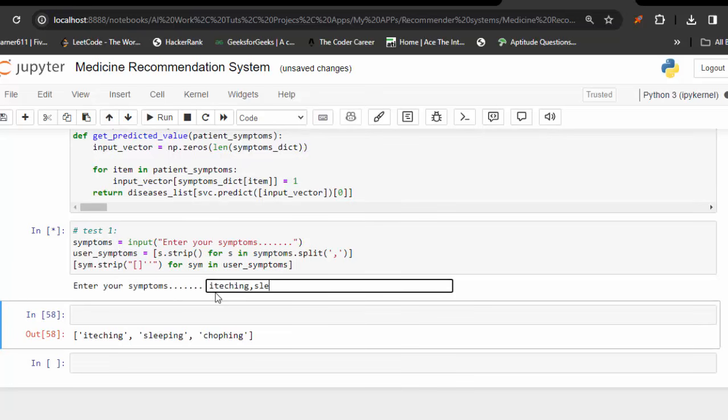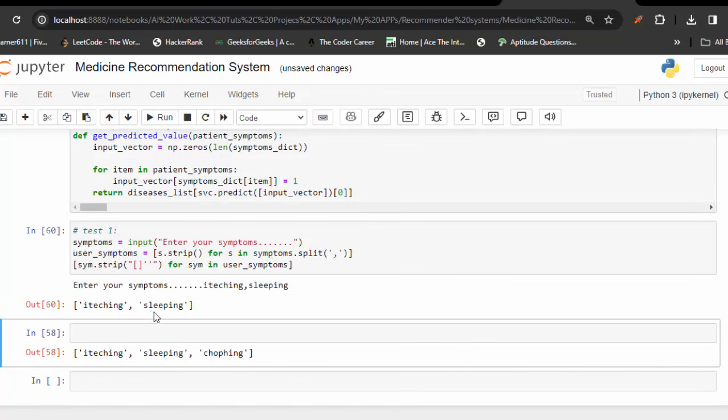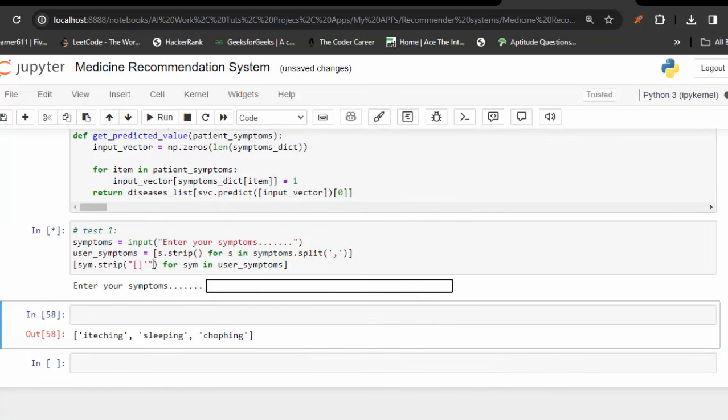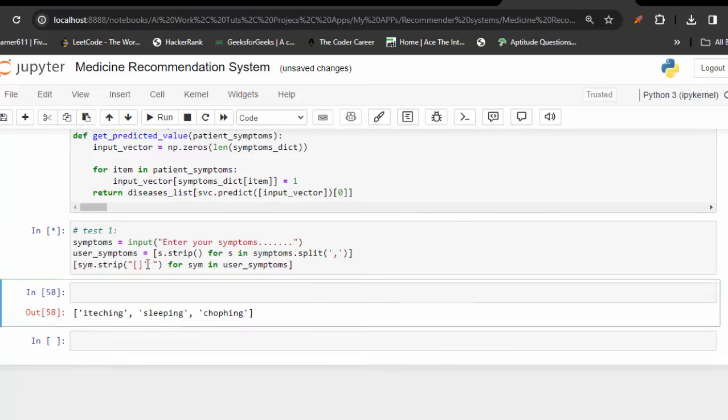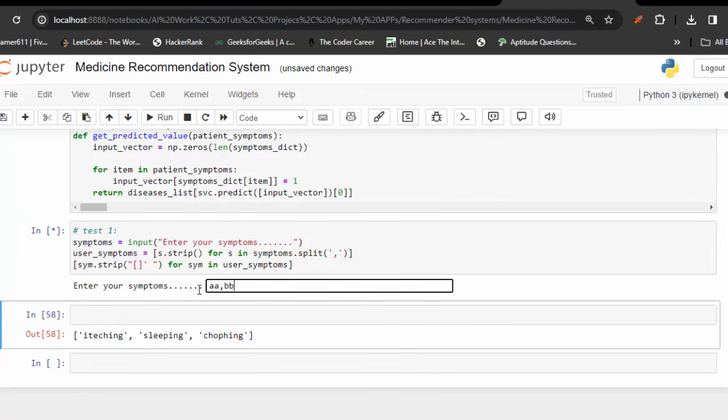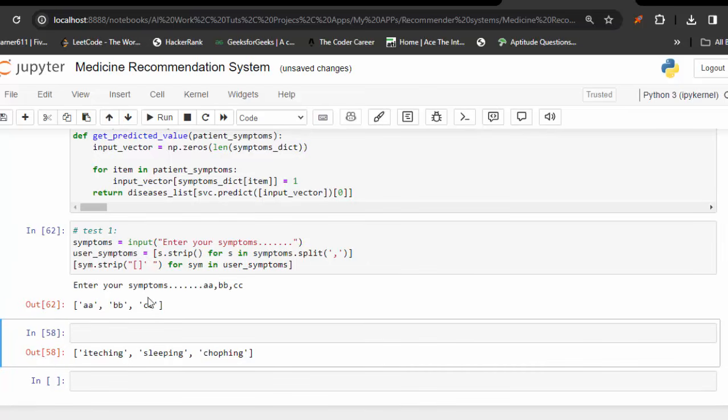ईचिंग, स्लीपिंग, अब देखो एक्चुअली मैंने गलती की, मुझे यहाँ पे एक देना चाहिए था, ए बी बी बी सी सी सी। सो इट्स एक्चुअली द सेम। मुझे एक्चुअली स्पेस देना था थोड़ा सा, लाइक दिस, ए बी बी बी सी सी सी। आई एम सॉरी फॉर द बैकग्राउंड, बट यहाँ अब थोड़ा सा स्पेस आ गया यहाँ पे।